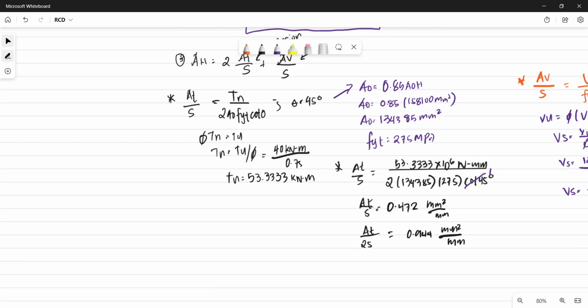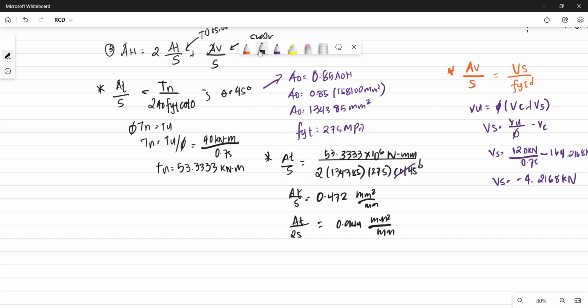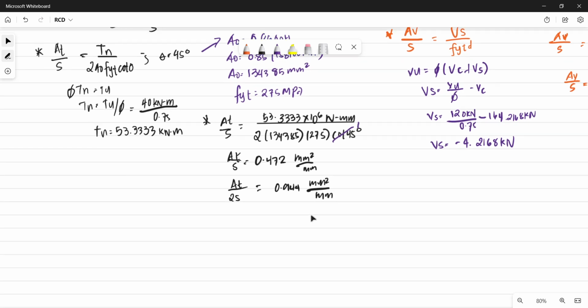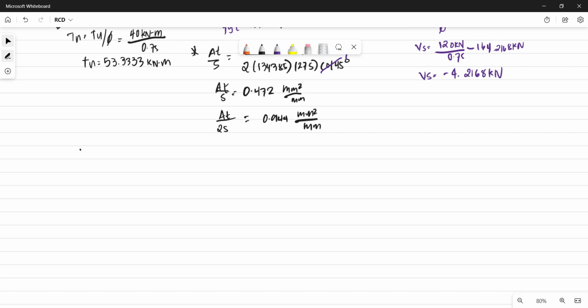So your AH natin equals to 2AO over S plus AV over S. Since yung AV natin is negative, so 2AO over S is 0.944 minus negative 0.0186. You will get your AH 0.9254. Okay,